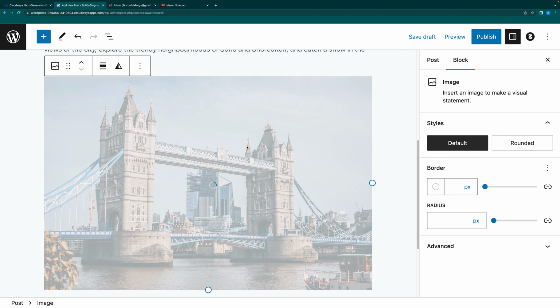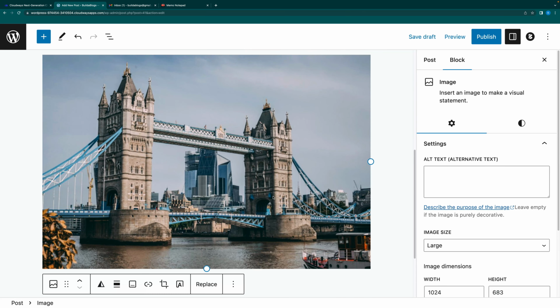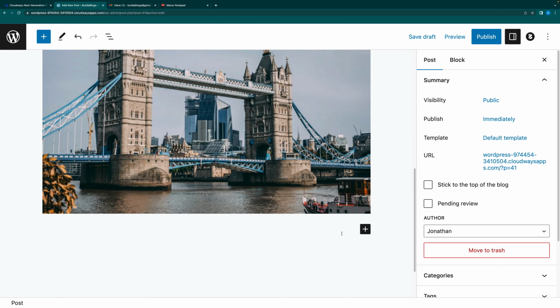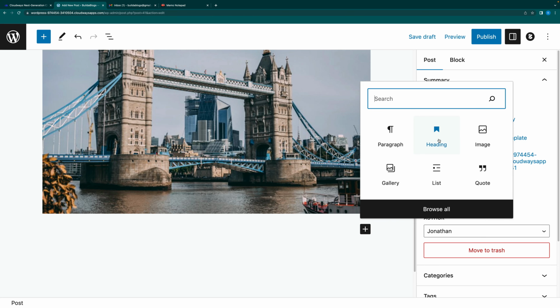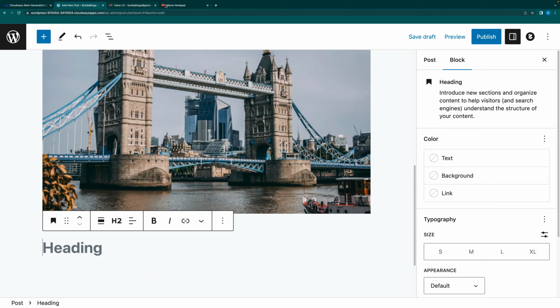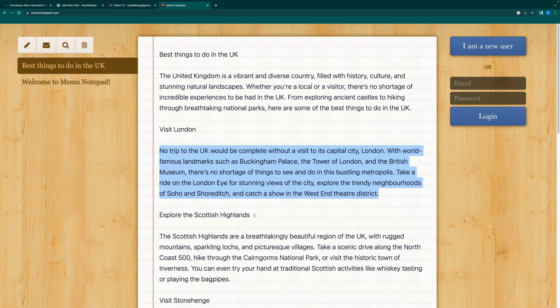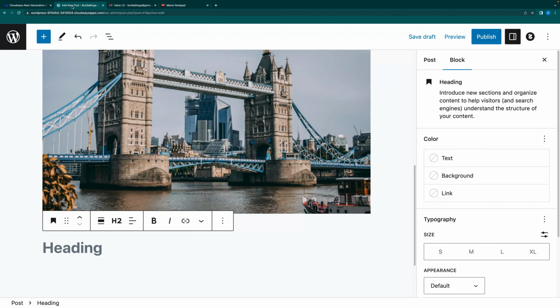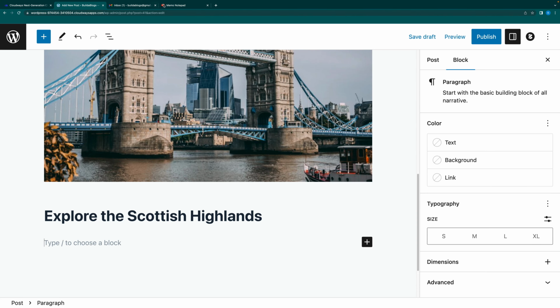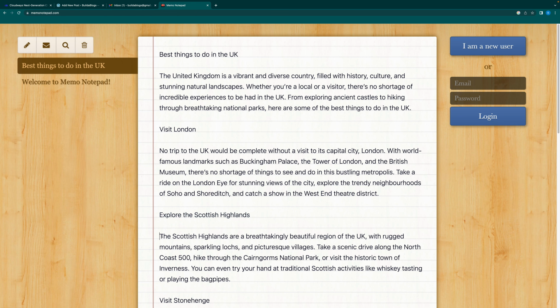And then it's just adding to the website there. Underneath, I'm going to add another heading in. So I'm going to click on add block, and I'm going to put a heading in. And this heading is going to be explore the Scottish Highlands. So you can copy and paste this from builderblogs.com. And then I'll take the text,